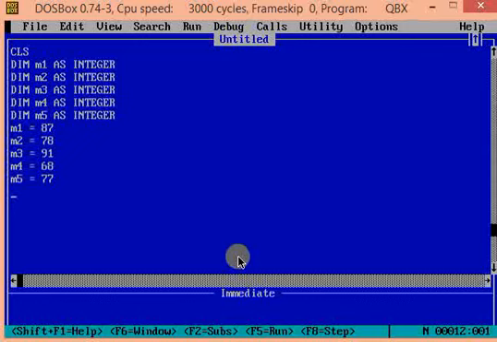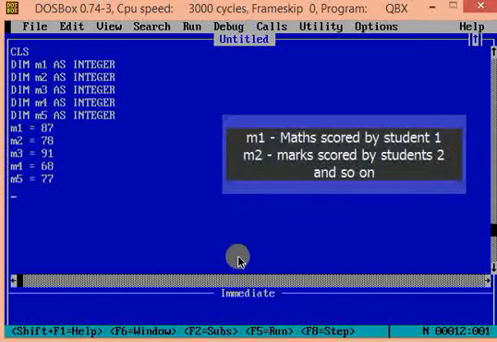Now, if you look closely at the way we created the variable, you can easily say that if the variable is m3, it is storing marks of student number 3. If variable is m5, meaning it's storing the marks scored by student with the roll number 5. So, we have established the correlation between variable that stores the marks and the student. Thus, just by looking at the variable, we can easily say which student's marks it represents.